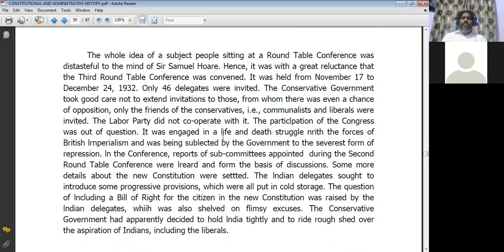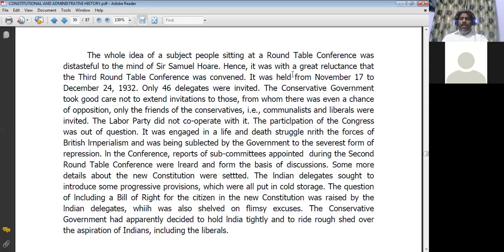The Indian delegates sought to introduce some progressive provisions, which were all put in cold storage. The question of including a Bill of Rights for citizens in the new constitution was raised by the Indian delegates, which was also shelved on flimsy excuses. The conservative government had apparently decided to hold India tightly and to ride roughshod over the aspirations of Indians,